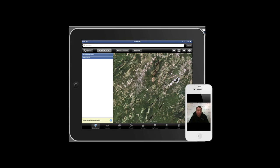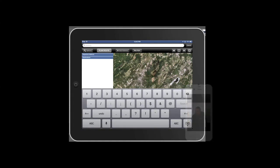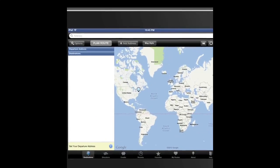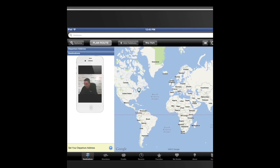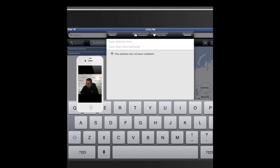All right, so here's what we have. It's a map planner. And what I will do is I'm going to add some addresses. I'll show you some of the features. First thing is to add an address. So here we go. Let's start with set my departure address. And let's just say I'm going to start from